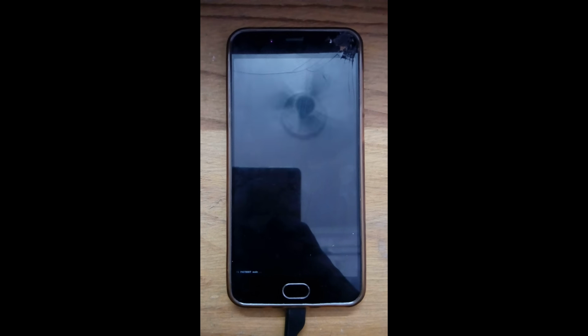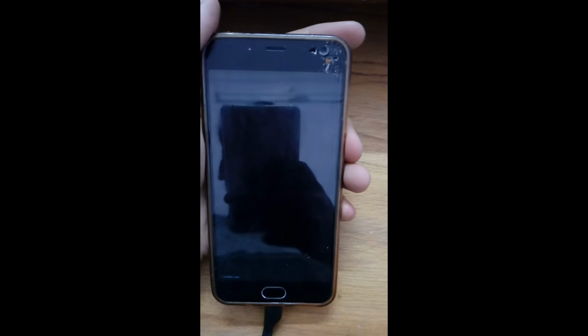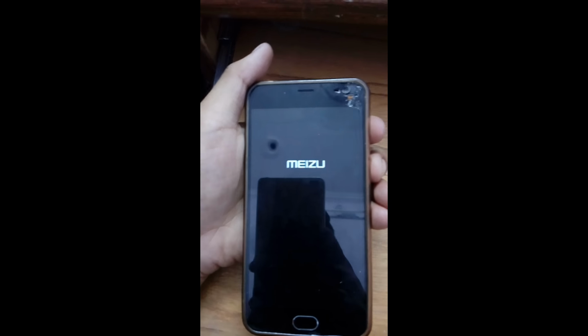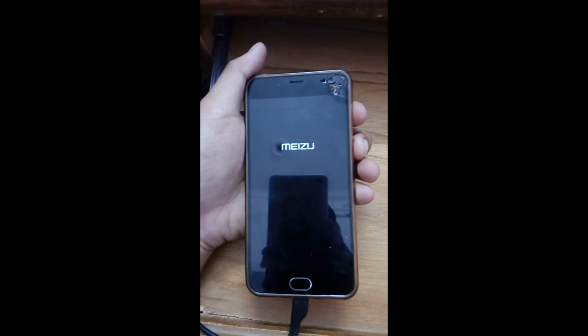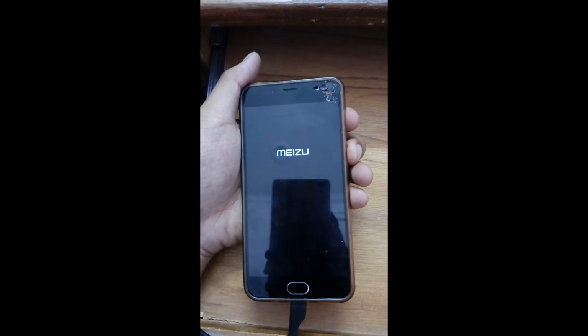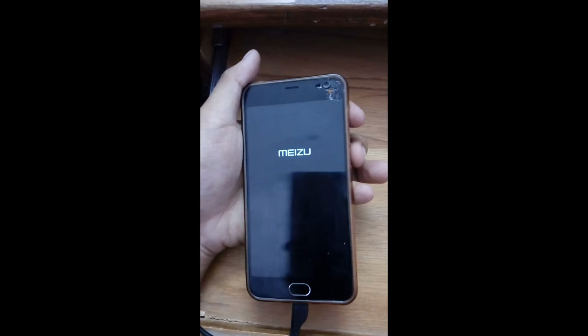Today I am gonna show you how you can reflash or recover a custom recovery in Mizo M2. As you can see, currently I am in fastboot mode. So what you have to do is power off your phone. As I power off my phone, I can show you that currently there is no TWRP recovery or any recovery in my phone. It is stuck in the Mizo logo.